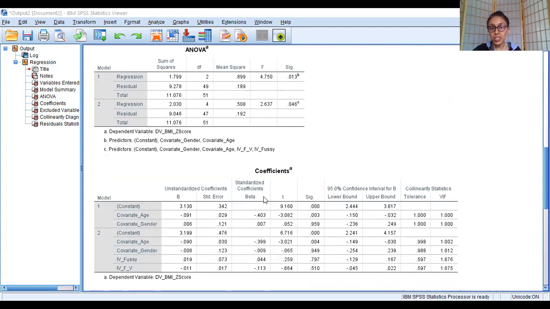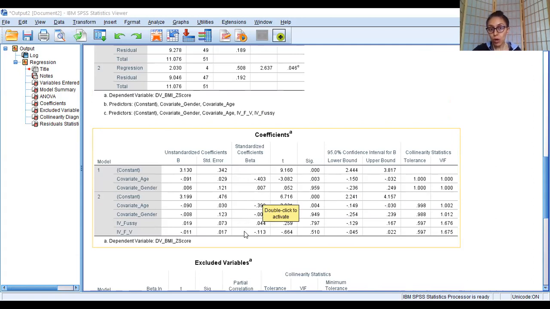So this is how it looks in your SPSS output. And then I told you this is what you have to focus on, standardized beta coefficient values, and then your p values. As you can see, the main variables of our interest, fussy eating and fruit and vegetable, are not significantly associated with the child's weight status, BMI Z scores, after controlling for age and gender. Okay, so when I say these are covariates, what does this mean? It means that I can clearly make a statement that after controlling for age and gender, or after adjusting for age and gender, the relationship between fussy eating and the child's weight status is not significant. Does that make sense? I hope that is helpful.